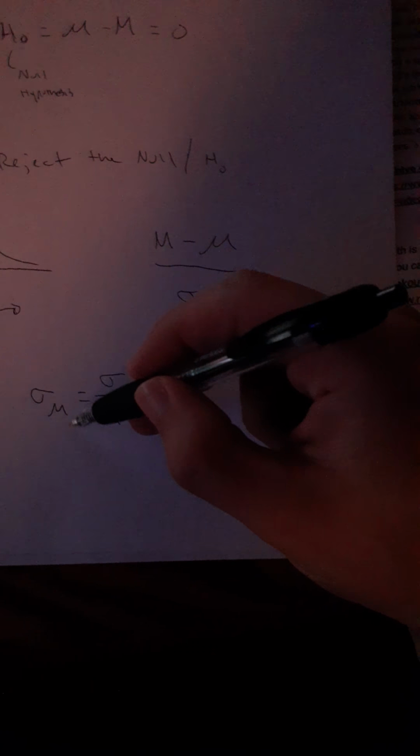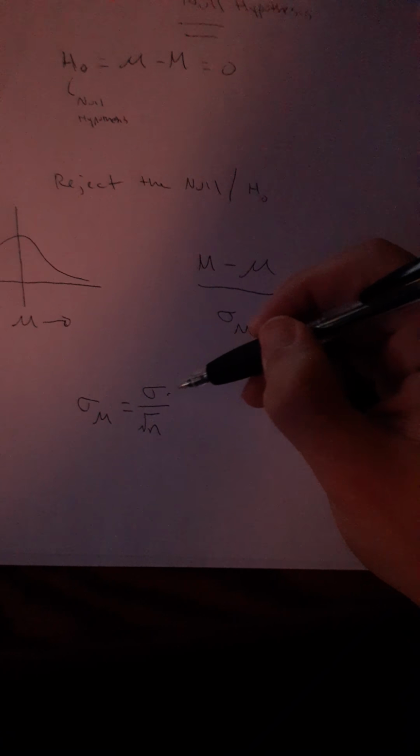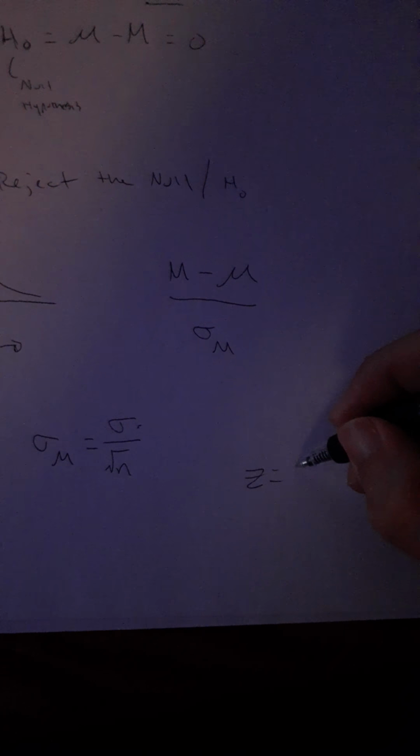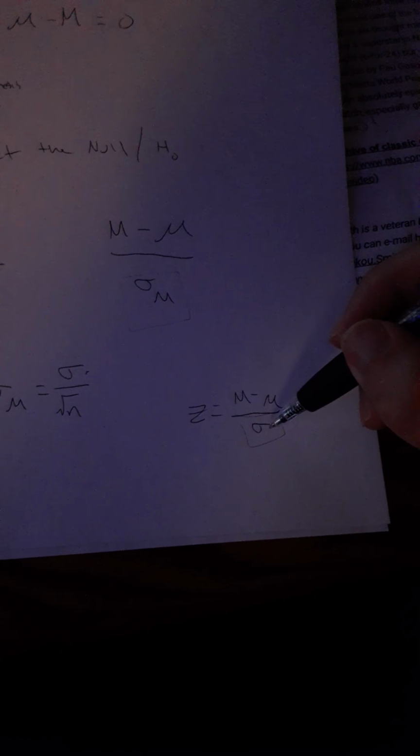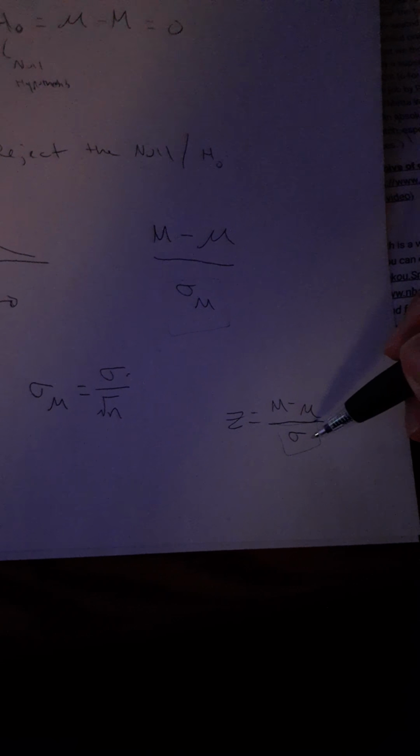So standard error is like standard deviation, because remember the original z-score is the same idea: mean minus population mean over standard deviation. So it's the same idea, but with standard error and standard deviation,